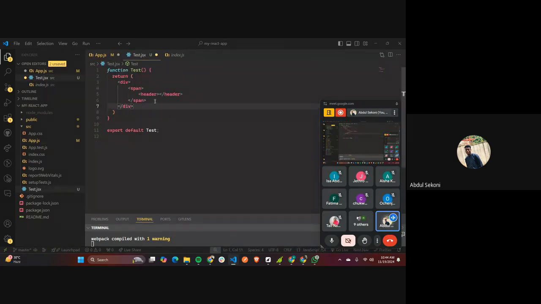While JSX, anything you want to create a div or you want to create a span or you are returning an HTML element, it is advisable for you to use .jsx. So that is basically what JS is and JSX. We are going to use JS for